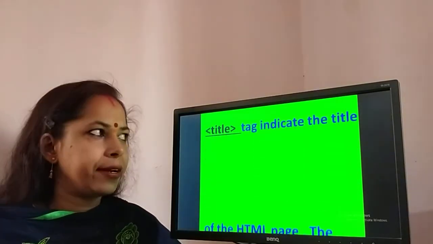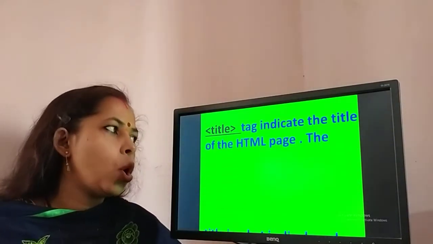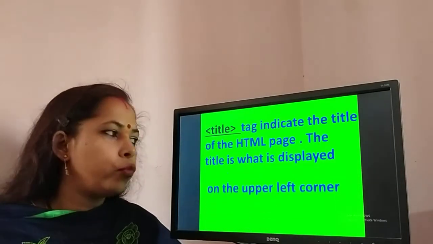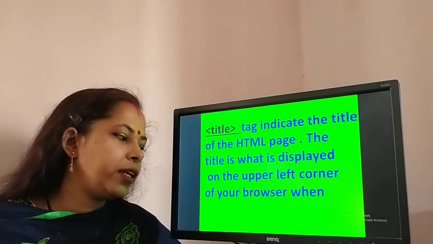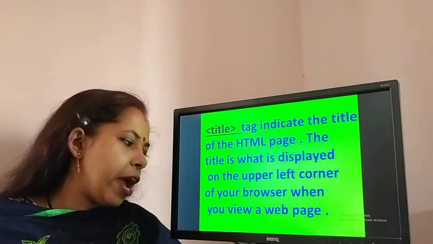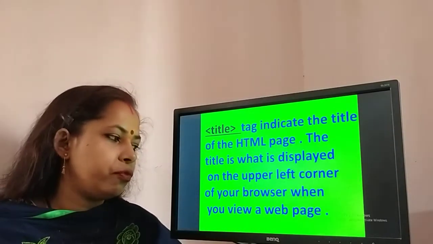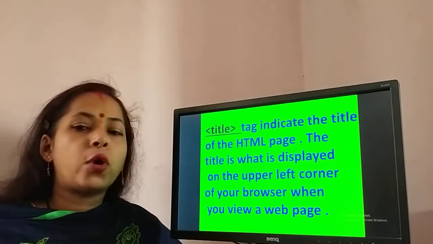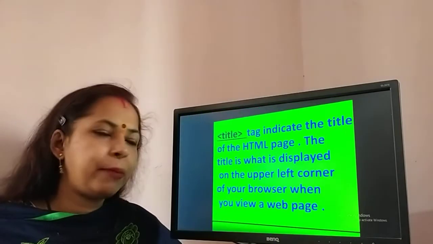Next is the title. Title indicates the title of the web page, the HTML page. The title is displayed in the upper left corner of your browser when you view a web page. When you open the web page, we see in the upper left corner whatever title is in the HTML page.